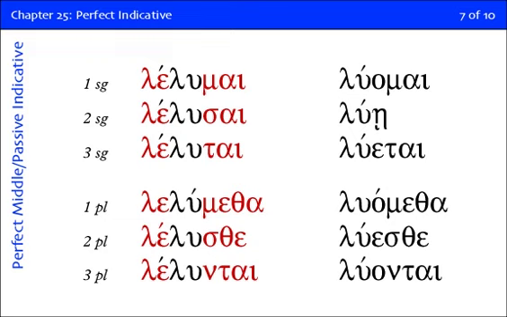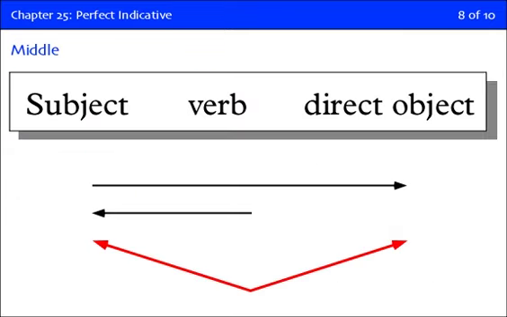All right? Very regularly. It is finally time to learn the middle. I put it off as long as I could. Now let me emphasize, 75% of all the middle forms in the New Testament are deponent. Erchomai is a middle deponent. So 75% of all the middles you see are going to be deponent. Of the other 25%, a lot of the words in the middle have almost exactly the same meaning that they have in the active.